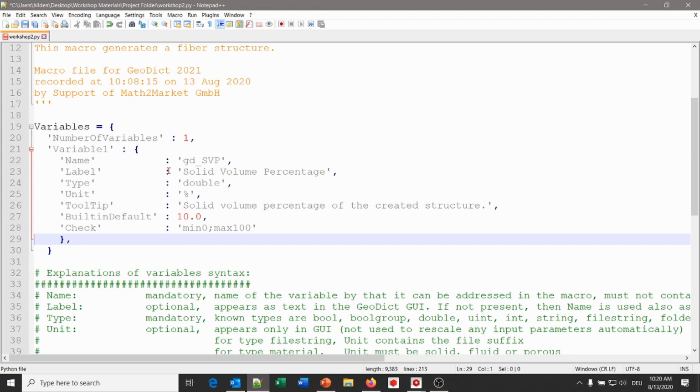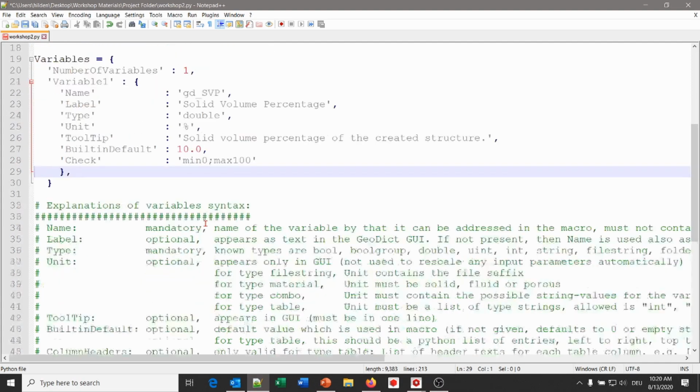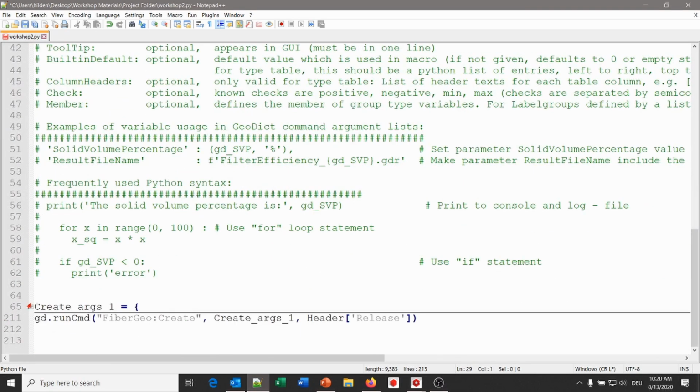So now we have the solid volume percentage as a parameter which can be set from the user interface, but it has no impact on the macro yet. So this floating point variable, which has the name GDSVP, has to be set here in the dictionary of PyBarTeoCreate, therefore unfold it,